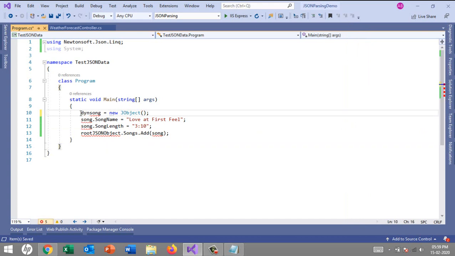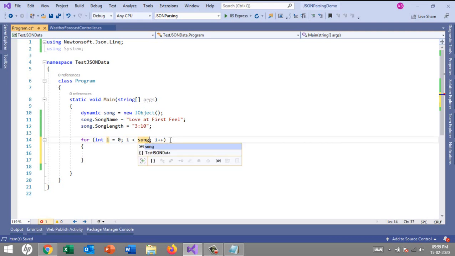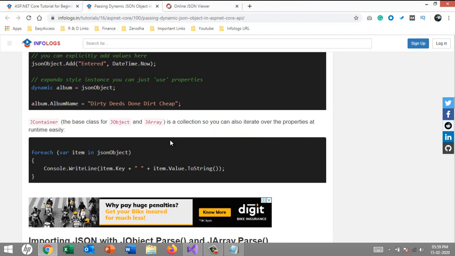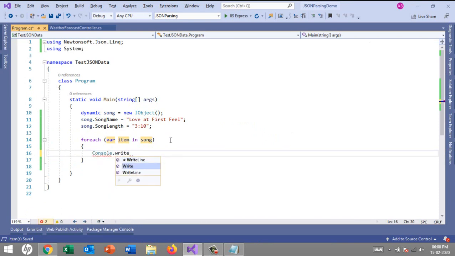So everything is clear. Dynamic songs, and we don't need this much stuff. So now we have two properties. What I'll do is write for integer equals 0, and then that is the song's object. Okay, not for, we'll use the foreach, var item in songs. And then here Console.WriteLine,